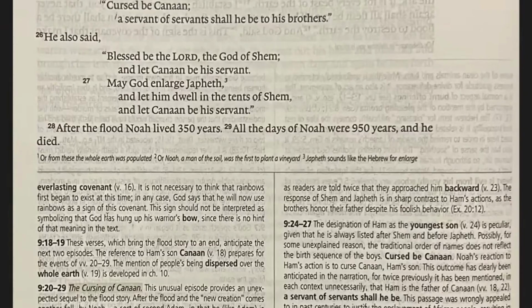Okay. Yeah, so basically saying nothing in the text says that God first put the rainbow there at that time, right? But it was something that was always there, and now he's using that rainbow that is naturally there as a sign to remind him of the covenant, right? So every time the rainbow appears, that's a reminder to God that, hey, I'm not destroying the entire earth or all of life at once again, right? So that's him keeping his promise.